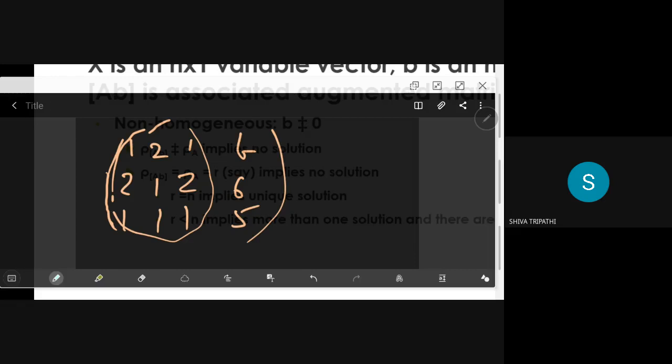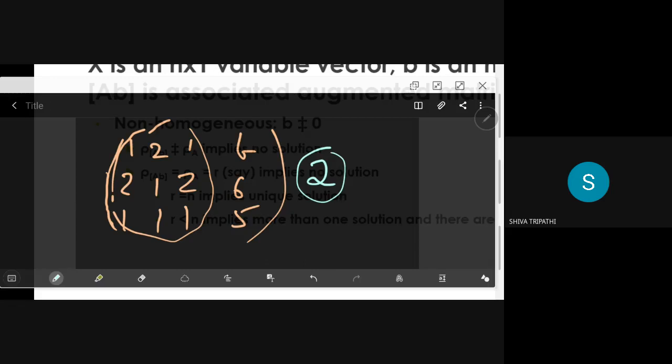The coefficient matrix rank is 2. Oh, you are right, good. But then the augmented matrix rank cannot be equal to the coefficient matrix rank. It all depends on the value of b. I think the answer will be inconsistent here. Can I clarify that one?